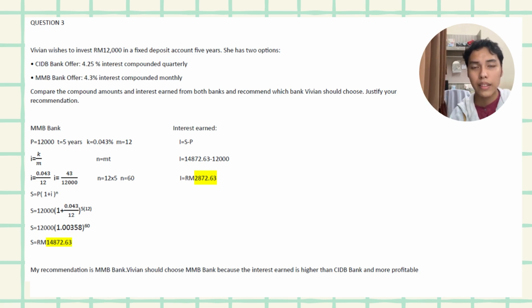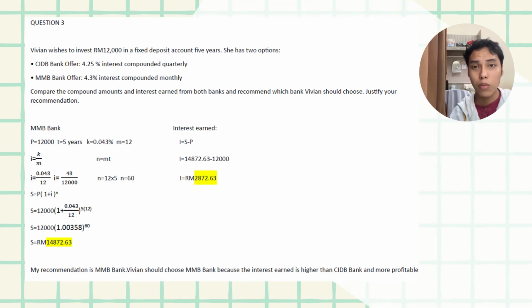formula and convert the values of P, i, and n. So S equals 12,000(1 + 0.043/12)^(5 x 12). S will equal 12,000(1.00358)^60, and the answer is RM14,872.63, while the interest earned for MMB Bank, which is capital I, is equal to 14,872.63 minus 12,000, and the answer is RM2,872.63. Therefore, from the comparison of both banks, Vivian should choose MMB Bank because the interest earned is higher than